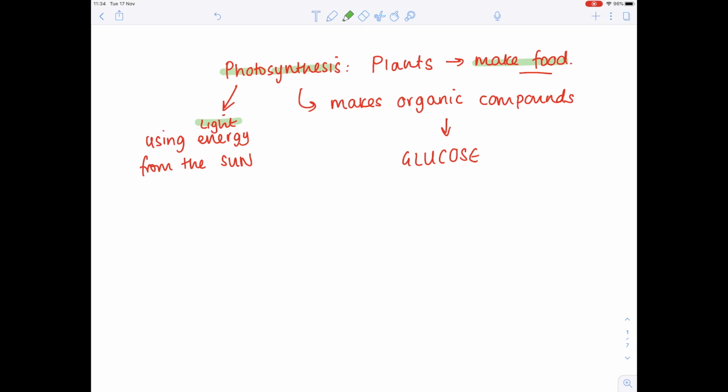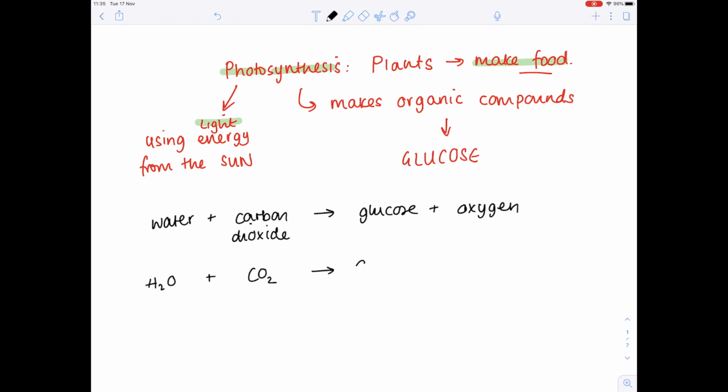Just to look at our summary equation, we're reacting water with carbon dioxide in the presence of light to produce glucose, and then oxygen is a byproduct of this reaction. Our balanced symbol equation is as follows. Glucose is a hexose sugar, it's made up of 6 carbons. Just balance it by using 6s. And now we're ready to really start looking in depth at photosynthesis and making this an A-level video as opposed